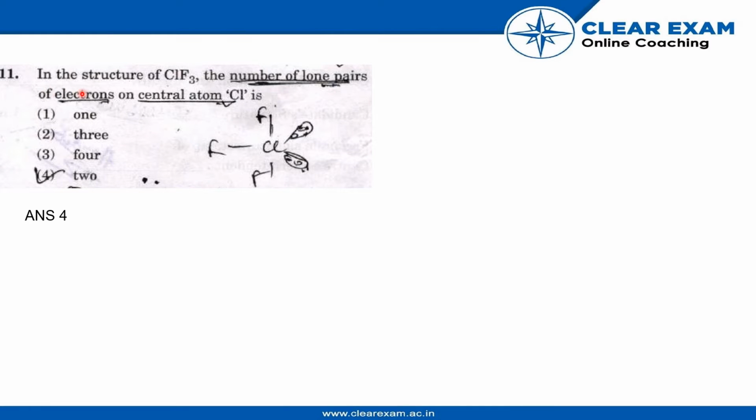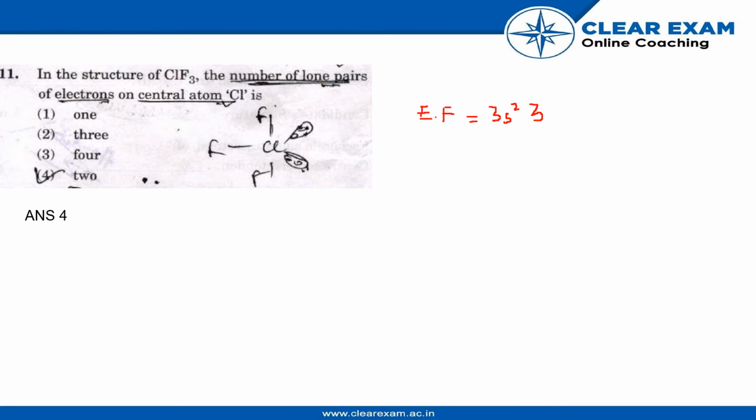The question is, in the structure ClF3, the number of lone pairs of electrons on central atom Cl is. So let's first see what is the electronic configuration of the valence shell of Cl atom. So the electronic configuration of the valence shell of Cl is